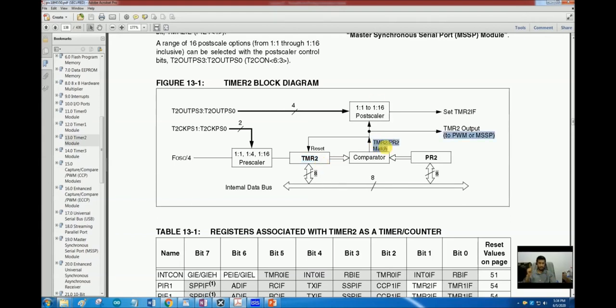The timer 2 PR2 match signal will be set to 1, and ignoring the post scaler just for now, the timer 2 overflow flag will be set, and the timer 2, whose count was 100 at this point, will be automatically reset to 0, and the value of PR2 will not change. So if the timer keeps running, it will again start counting from 0, 1, 2, 3, 4 up to 100.